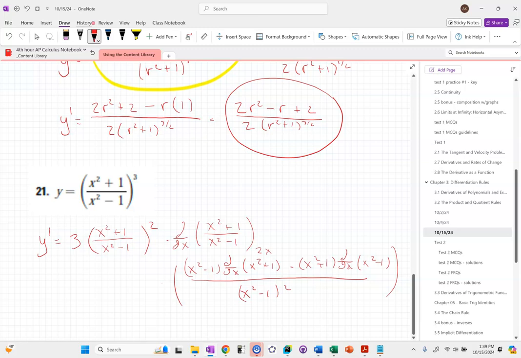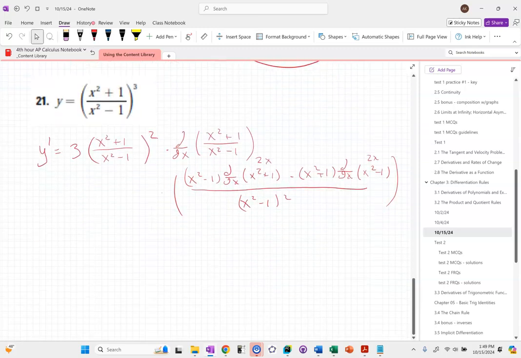And the derivative of each of those two chunks is just 2x, right? So we're going to have y prime is 3 times x squared plus 1 over x squared minus 1, squared, times, let's see, that'll be